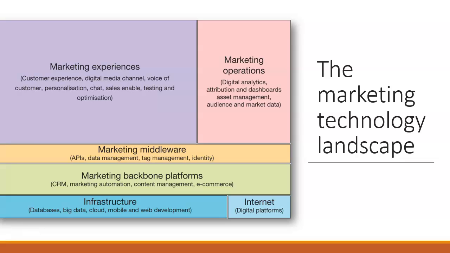APIs are connections that allow you to connect with different apps and different technologies. And tag management, tags are a website design thing that you can embed tags into your HTML code that help with how you come up in searches on Google. So it helps with that search engine optimization.